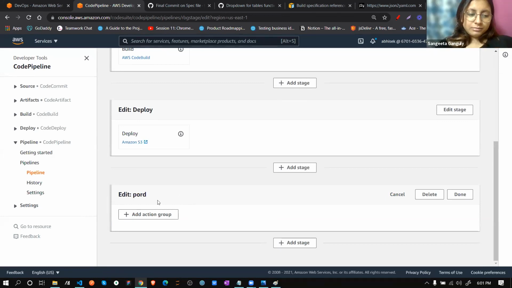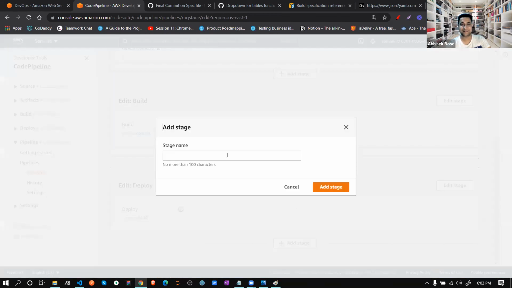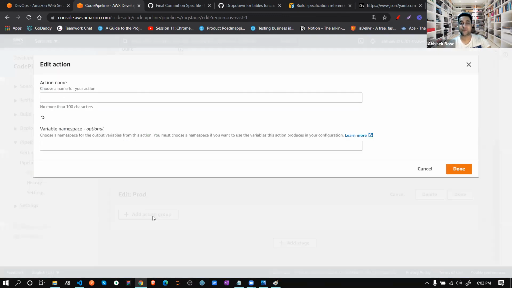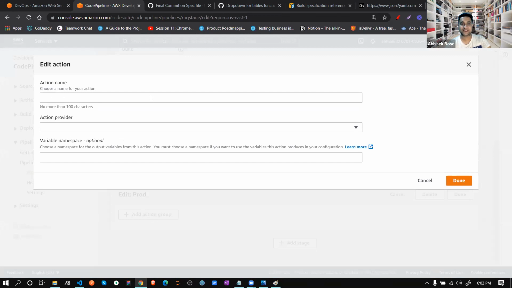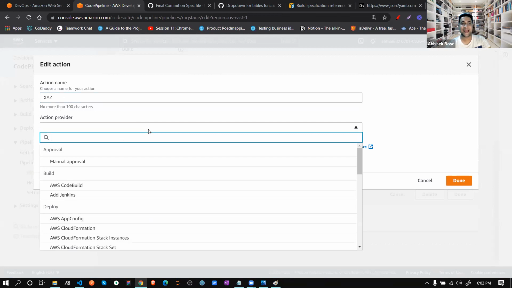Now it's asking me to add an action group, which means which action you need to do. Suppose I need to do some action. The action provider is this many. See, manual approval, if I choose manual approval, okay, let me choose.